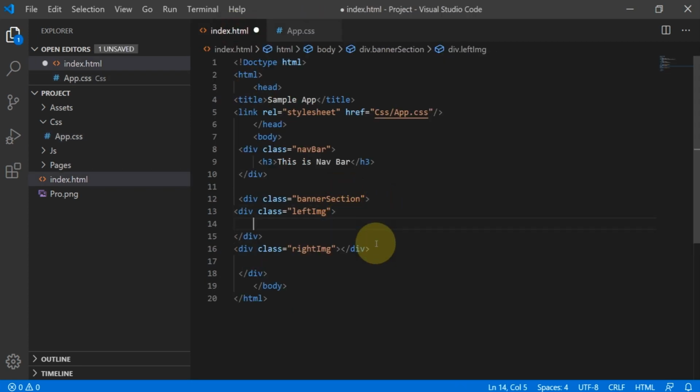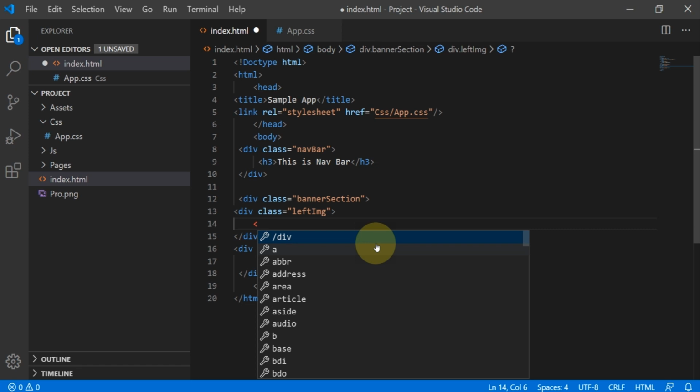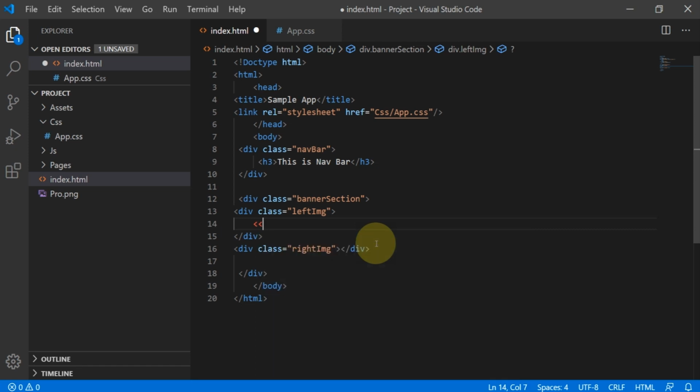Here again an h3 element, slash h3. Sorry, guys.